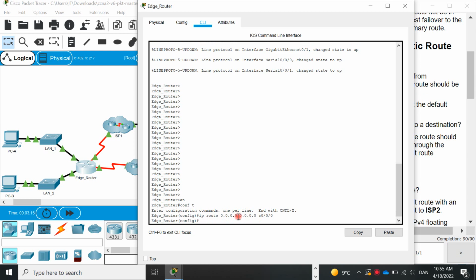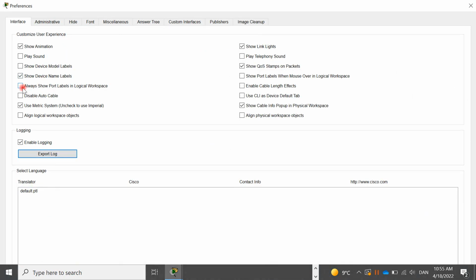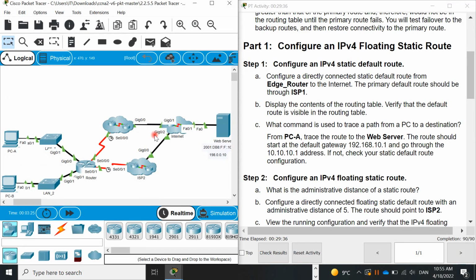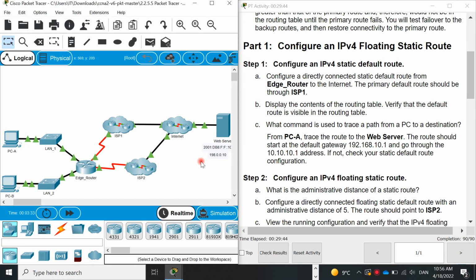Serial number. If you want to check it, you should go to Options and Preferences, and after that show port labels here, and you can see this is serial 0/0/0. But I want to turn it off because there are so many icons here. Okay,